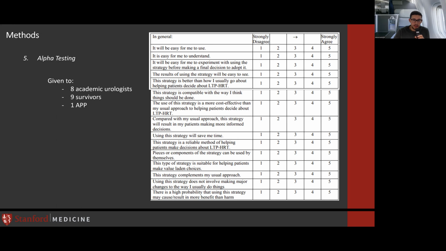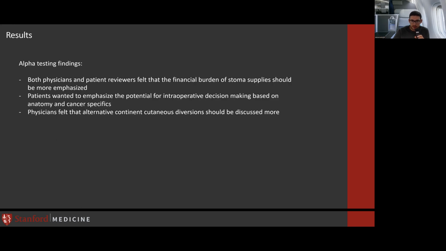The last step is to incorporate the feedback that they got from these urologists, survivors, and APP, and finalize their decision aid. So their results are really their experience in producing this aid and then the aid itself. And so experience-wise, the results from the alpha testing was that both physicians and patient reviewers felt that the first version didn't adequately address the financial burden of stoma